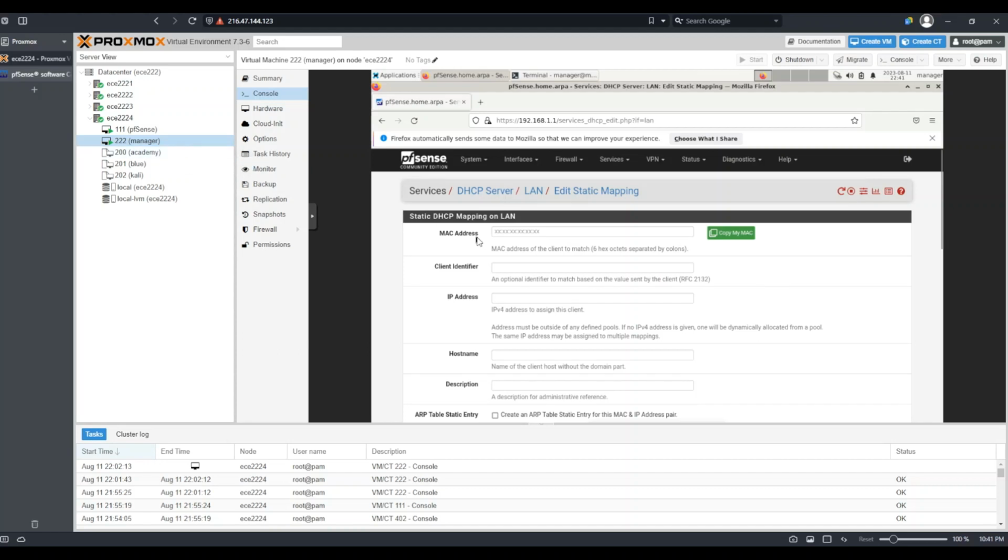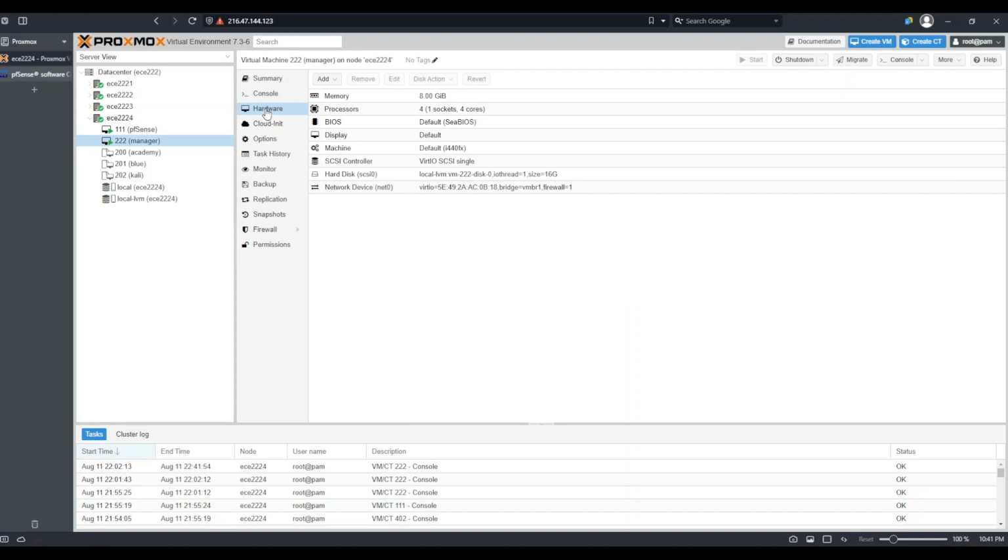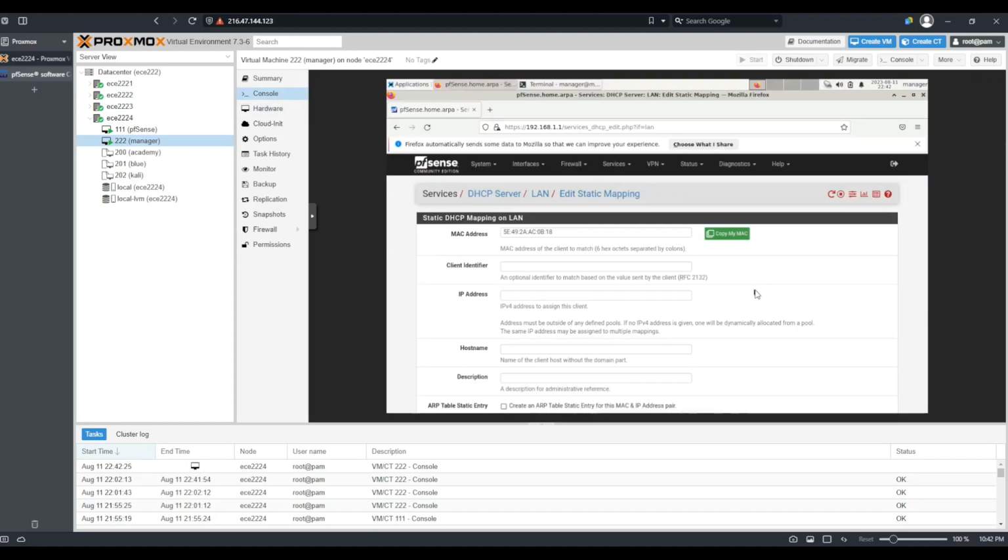To find this virtual machine's MAC address, or the MAC address for the interface that this virtual machine is using, you can simply go to the Hardware section and look at the network device that is connected to our NAT network, or VMBR1. The address is specified right here. In my case, it's 5E:49:2A:AC:0B:18, all separated with colons. Going back to the console,